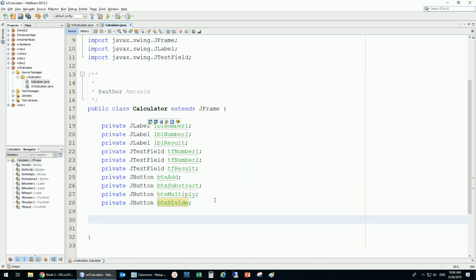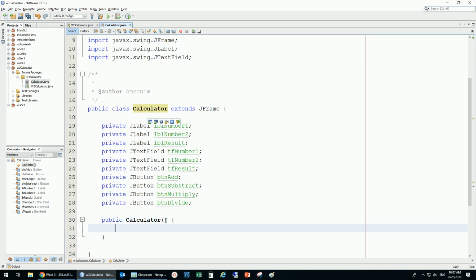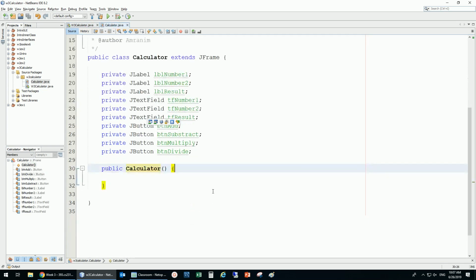Now I just like to have the constructor. I'm just going to create this constructor that is just going to be like that, and then without anything, because all I need to do is to just call it from here, and that's it. I'm going to show you something else which is nice though, something different, and anyways, I'm going to show you first. So now, before I forget, the first thing I need to do is to set title,